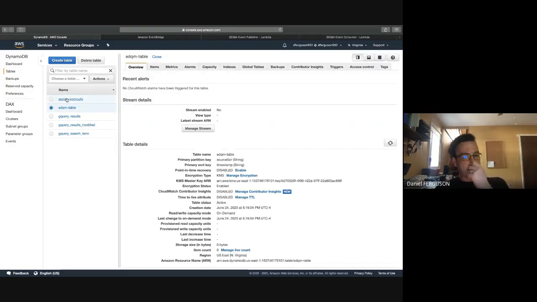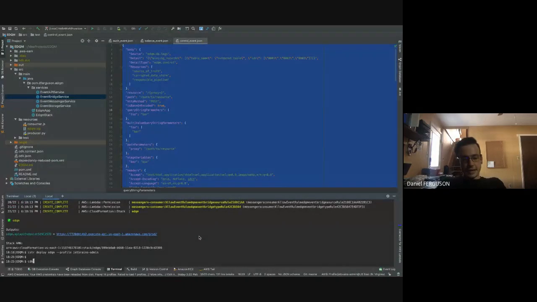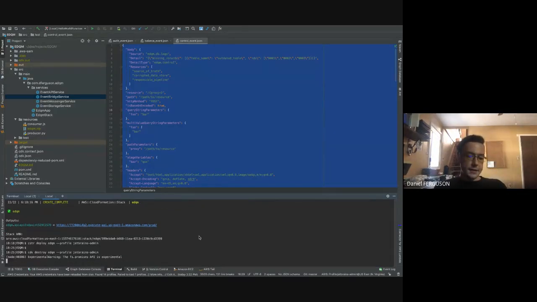One thing I would like to point out is that you can very easily tear down stacks in the CDK by running cdk destroy, your stack name, and then the profile name. In my case, this is the name of the profile that I assume, and it tears down everything that it just built up using CloudFormation, where it just tears the stack down.